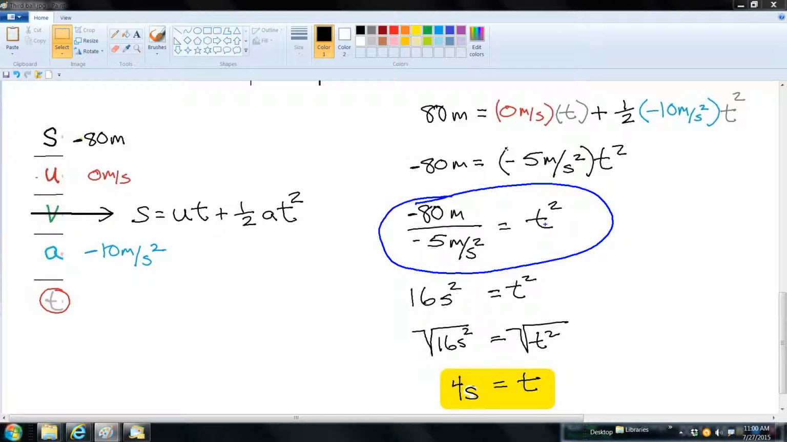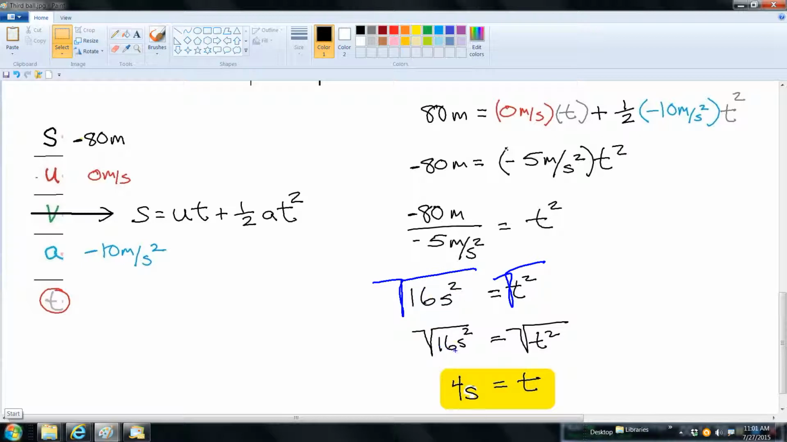Before we take the square root of each side to get rid of this square sign, let's clean up our units a little bit. In this situation, this will cancel out that, and so we end up with second squared on top. And now we take the square root of both sides,